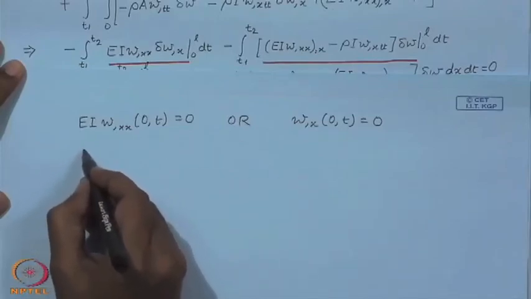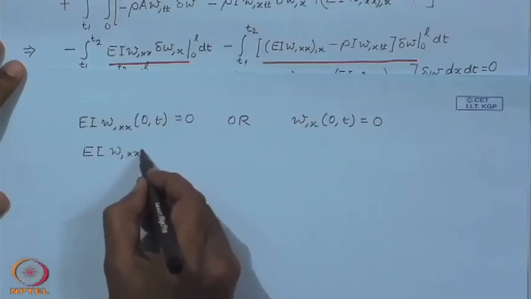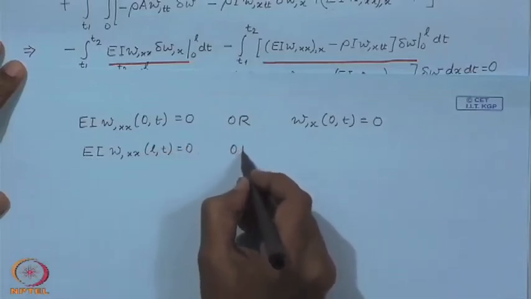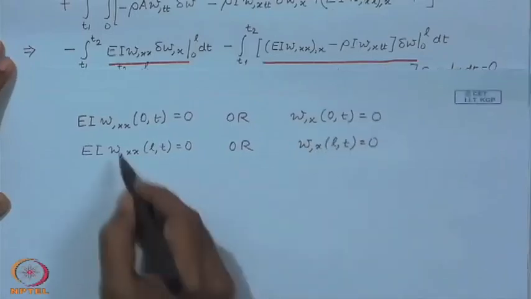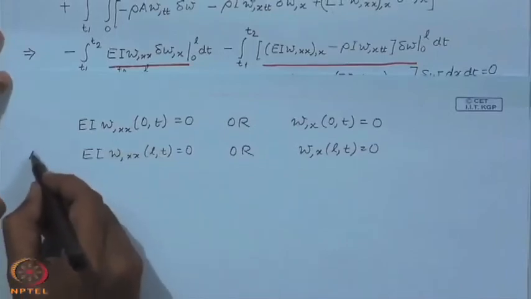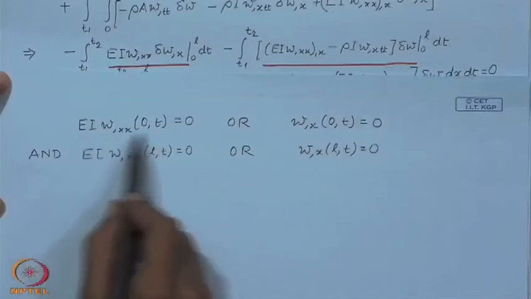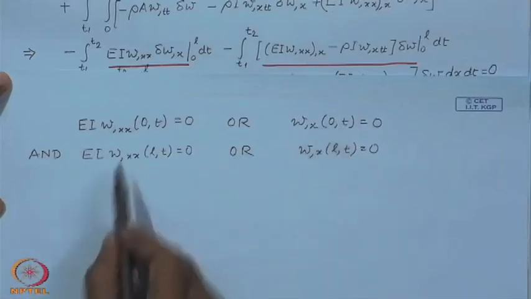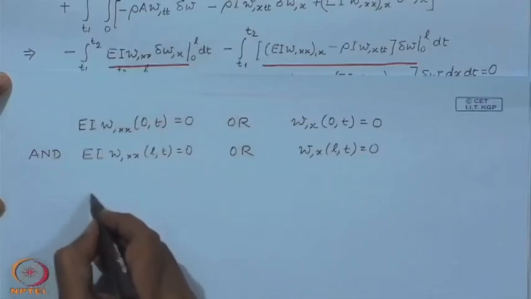Then at L again, or, and these two are connected by an and. So, you can have this and this, or this and this, or this and this. So, combinations. So, this is from the first boundary term, from the second boundary term, which must again be connected with an and,